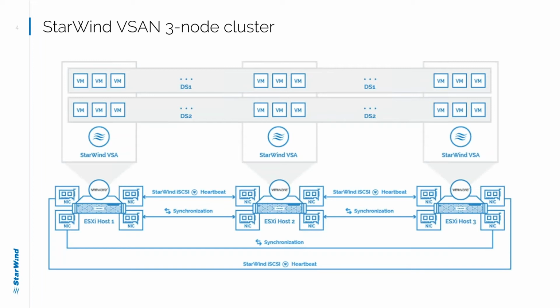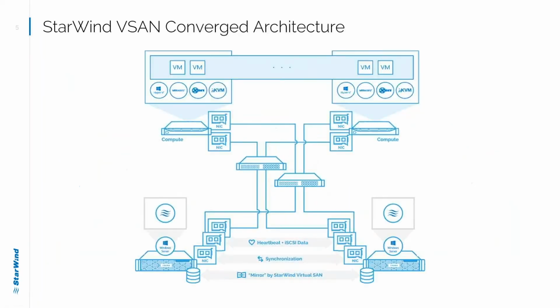The cluster data stores will be provided to all cluster members, and each cluster data store will have 2 or 3 partners of replication, depending on storage redundancy requirements. The number of physical NICs for such cases will be the same as in the three-node case, 4 physical ports per each server. If you're looking only for redundant storage or Ethernet, StarWind VSAN may be deployed on dedicated nodes, which